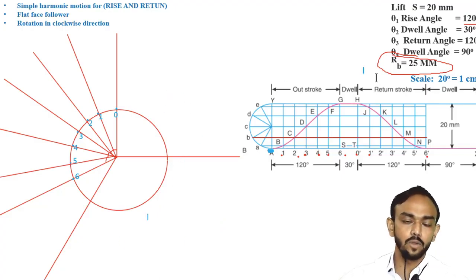After that, what you are doing in knife edge, similar will be here. Measure the distance from 1 to B and make the arc, means here will be B. Give only the arc. 2 to C distance, you can check this 2 to C distance here. So the 2 and C point you will get here, and that's how you will get all points here like this.